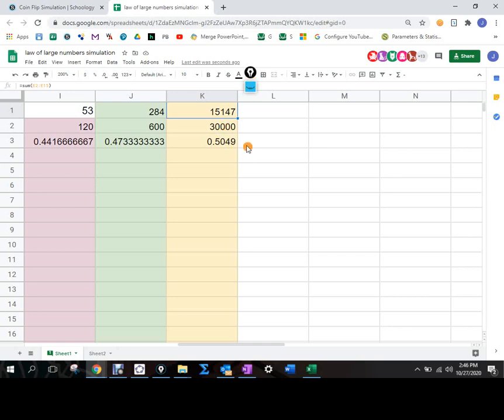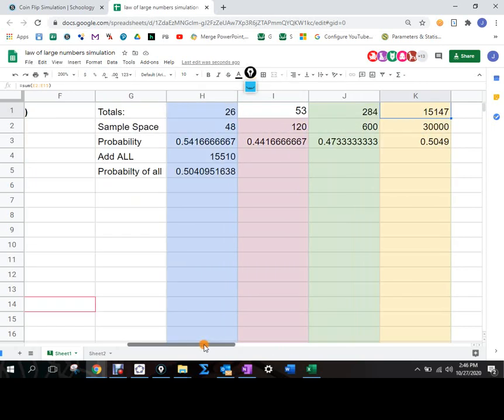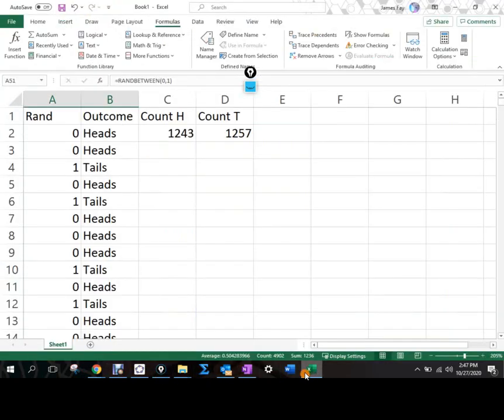Now, if we go through, I think what I've got here is adding up all of these that we've done. So all 26,53,284, 15,147, and then dividing by the sum of all these added together, and it's even a better approximation. Does that make sense? Just kind of demonstrate here, if I go,